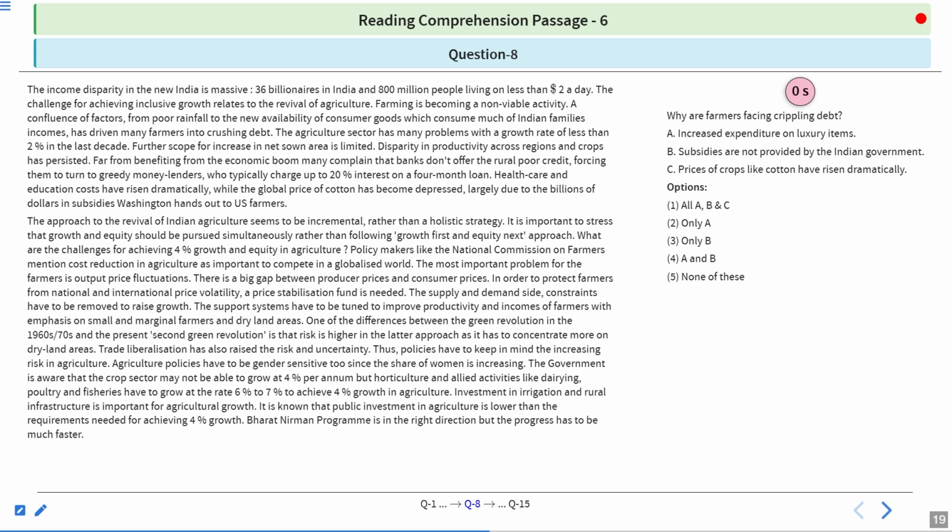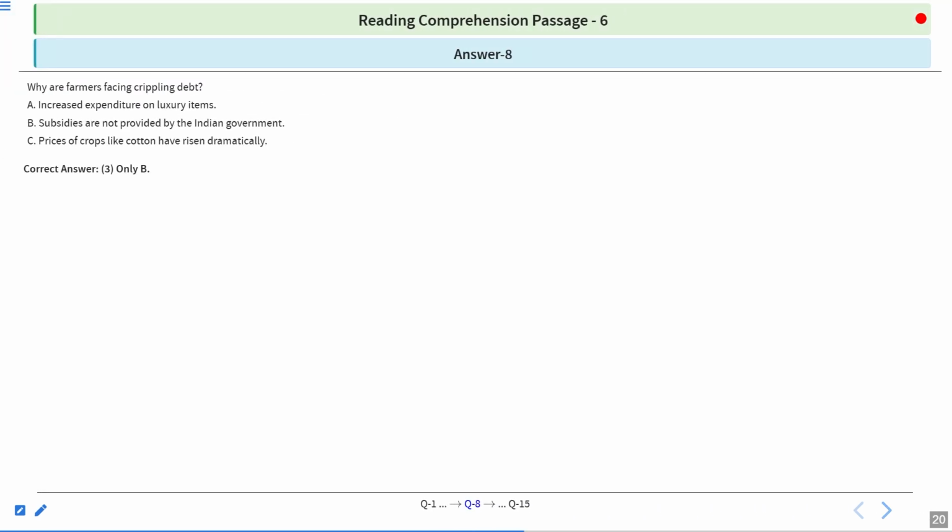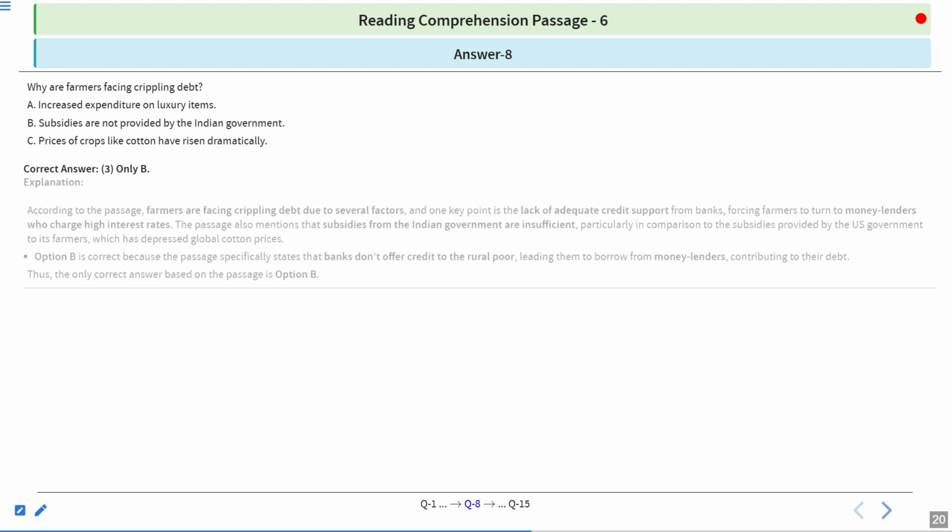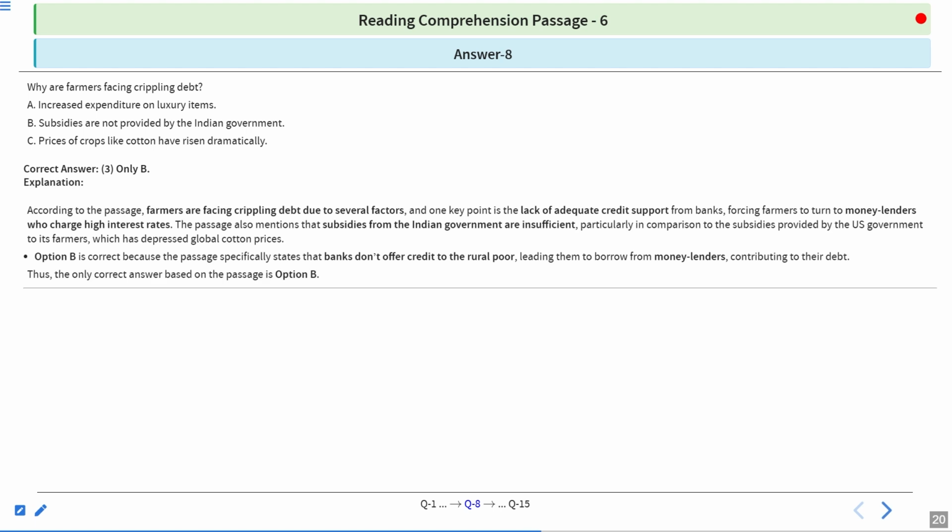I hope you've chosen the right one. Let's move to the correct answer. The correct answer is 3, only B. And the explanation is according to the passage, farmers are facing crippling debt due to several factors, and one key point is the lack of adequate credit support from banks, forcing farmers to turn to money lenders who charge high interest rates. The passage also mentioned that subsidies from the Indian government are insufficient,